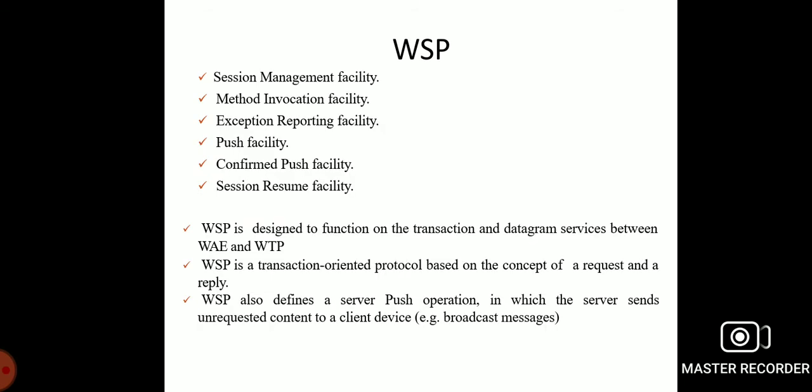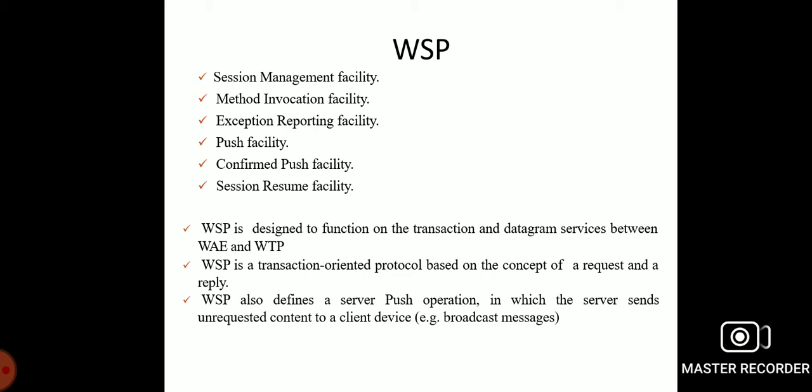So, this protocol has session management facilities, method invocation facilities, exception reporting facility, push facilities, confirmed push facilities, and session resume facilities. The WSP is designed to function on the transaction and datagram services between the WAE and the WTP.